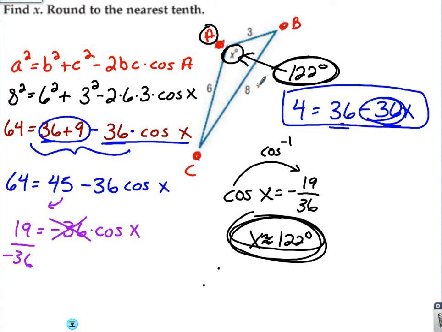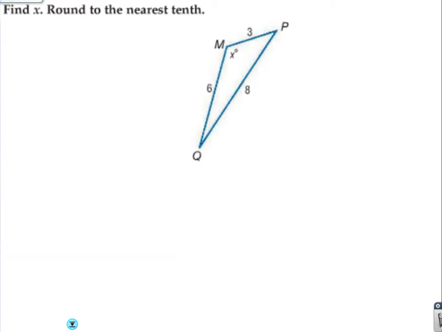Now, you're not going to be asked to do this on the test, I don't think. But what if, now that I've got that answer, could I find angles B and C? Look what you've got now. We just learned the law of sines. Let me clear all this and just show you. This is about 122 degrees. Can I use the law of sines now? If I were asked to find the angle P and Q here,